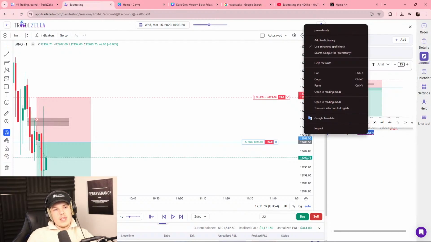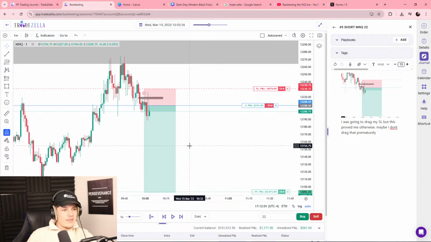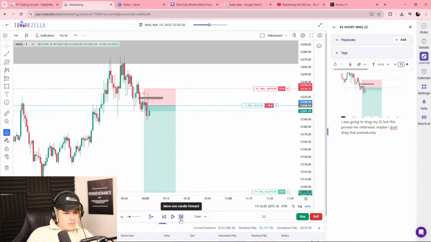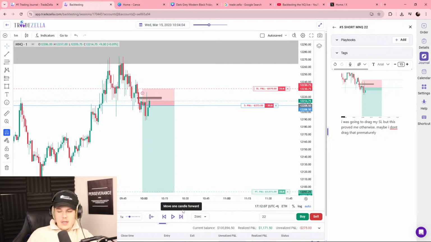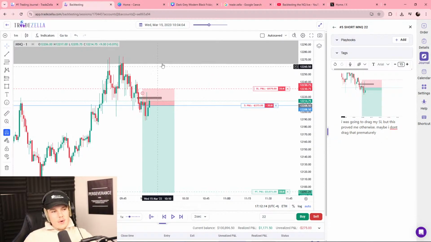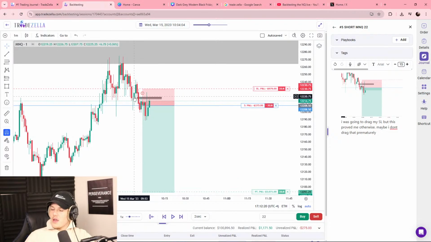I hate it, but my keyboard's too fast. It's a gaming keyboard. I can never type properly. So maybe I'll just leave my stop loss with that reaction and see what happens here. See, this is the importance of backtesting. This is why if you don't backtest, you're not going to be a profitable trader, because you don't want to figure this out on a live market. You want to figure out these things, like, oh, wait, maybe I shouldn't have dragged my stop loss, when you're backtesting.